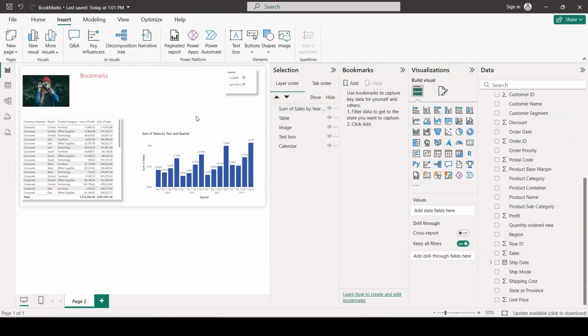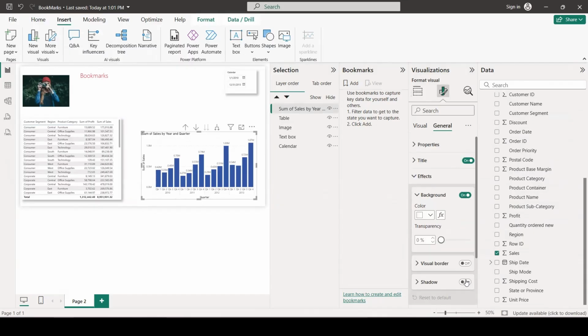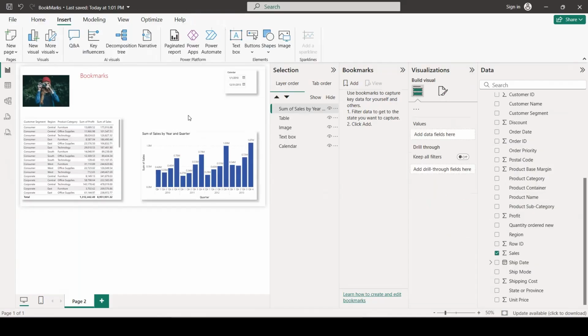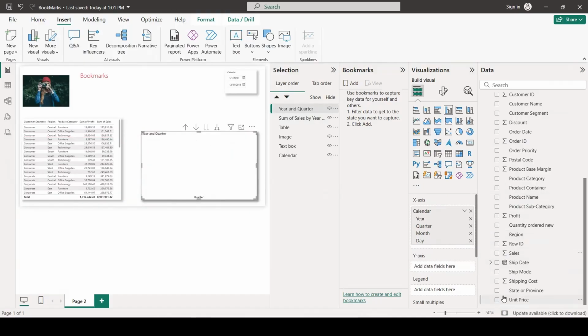Okay, and the second graph which I want to add will be the profit view. So basically I will just copy this one, paste it, and instead of sales, I will add profit. Where is it?